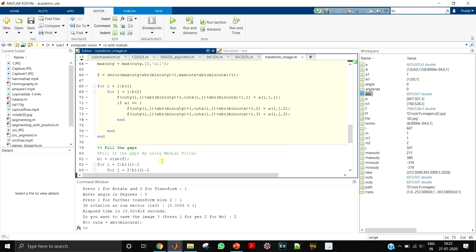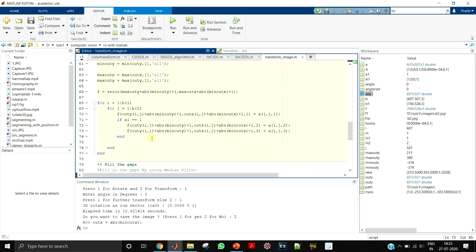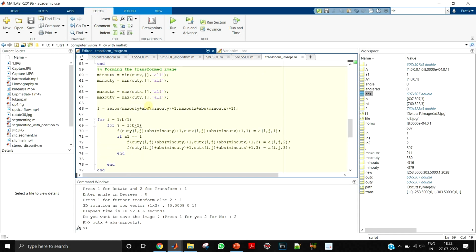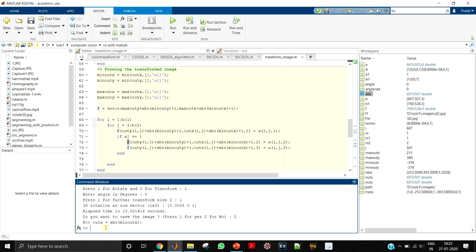So now I have not run the other part of the code, I have just run the code till here, and let us see what value f has. So f has our output. So let me do imshow. Let me put a figure first. So figure imshow. Let me convert this f to uint8.